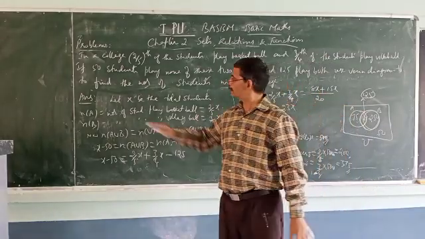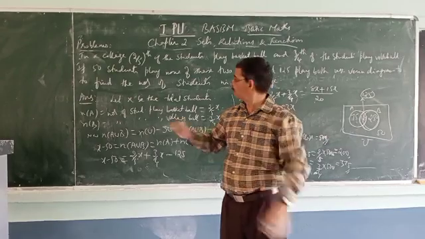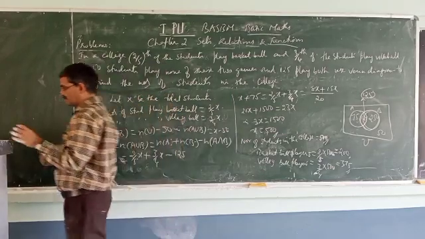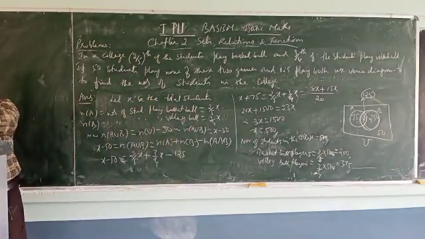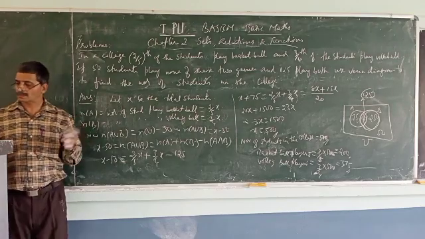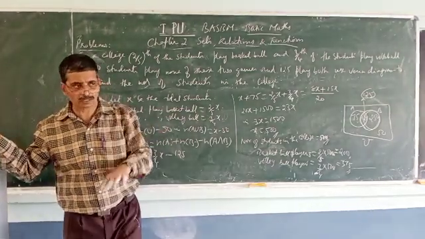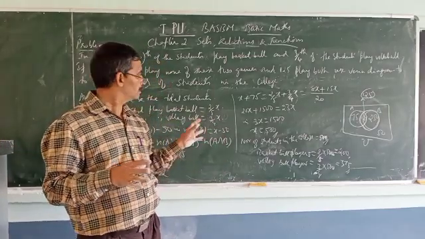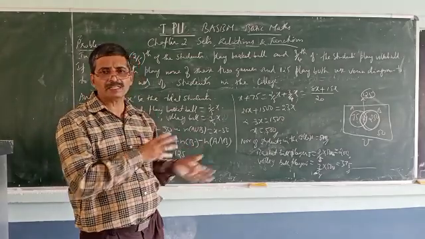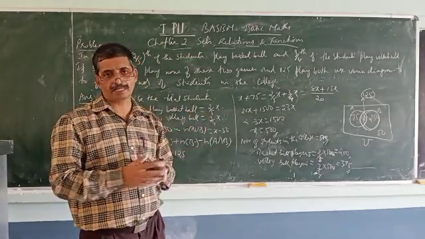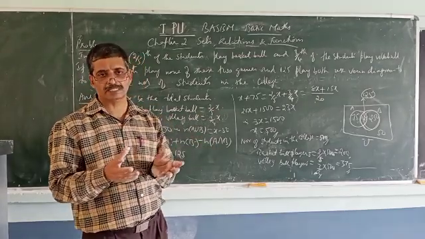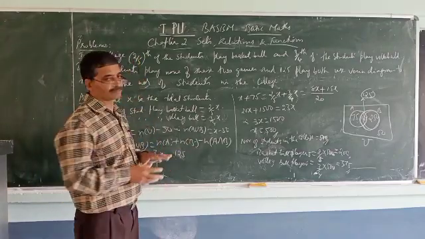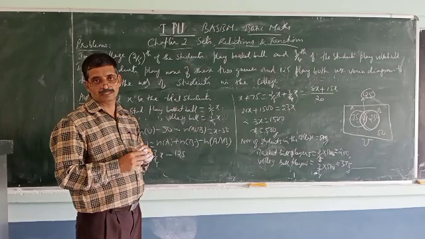Whenever you don't know, we will take it as x and proceed. Some more problems I will give as homework, and we have to work them out. The Venn diagram is written simultaneously while solving. Directly we can't start with a Venn diagram because we don't know the intersection, how many are in A, how many are in B. So you have to calculate. Here I have taken x generally, since we don't know the number of students. Then I will proceed ahead.